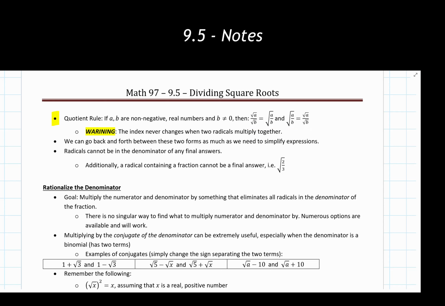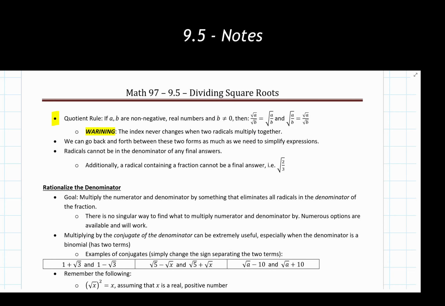Now, there are a lot of instances where we are going to start with something written in this form and say, I'm not sure what I can do with this, I need to rewrite something. Maybe we start in this form, we say, I can't do anything with this, I need to rewrite something. These are our primary go-tos when we are splitting these radicals apart or bringing them together in hopes of actually dividing square roots and simplifying expressions down.